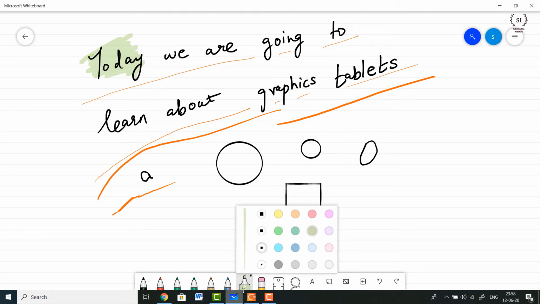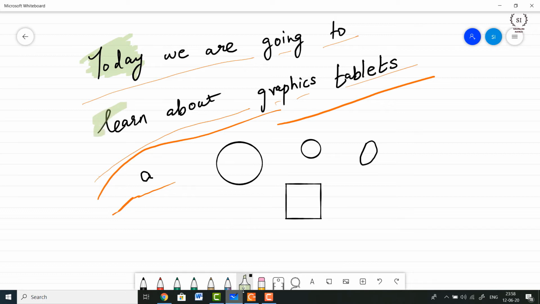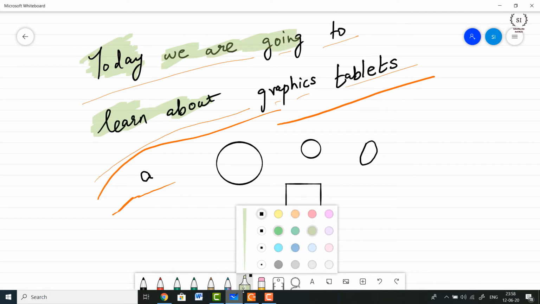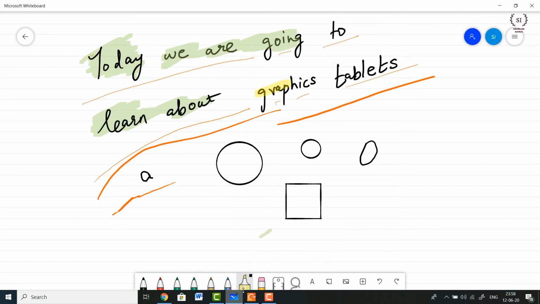Similarly, let me increase the width, and now let me highlight this entire section. So it becomes really easy for you to highlight a few sections of your text with the help of the stylus. Let me change the color. You can easily change the color also, and this is how it looks if you use the highlighter pen.